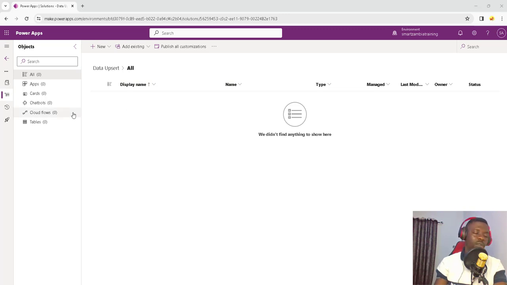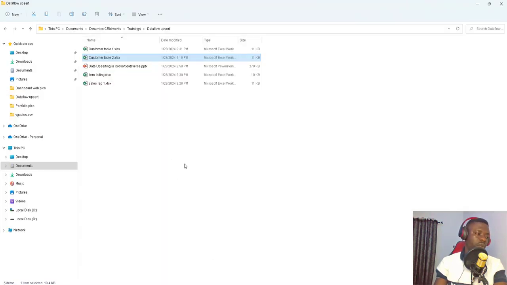And a solution always comes blank without anything sitting in it. So what we'll do now is the tables we want. Let me go down here and give you a view of the tables. So these are the tables we'll be using. We have the customer table, we have the item listing, which holds the items, and I'll have the sales. Let me open this so we can see